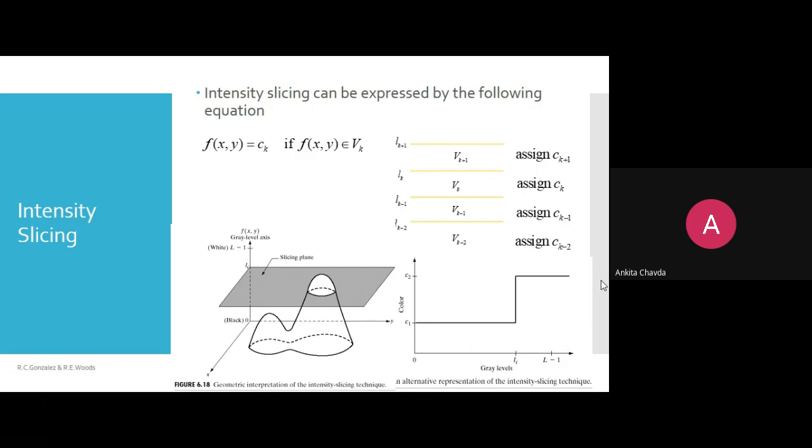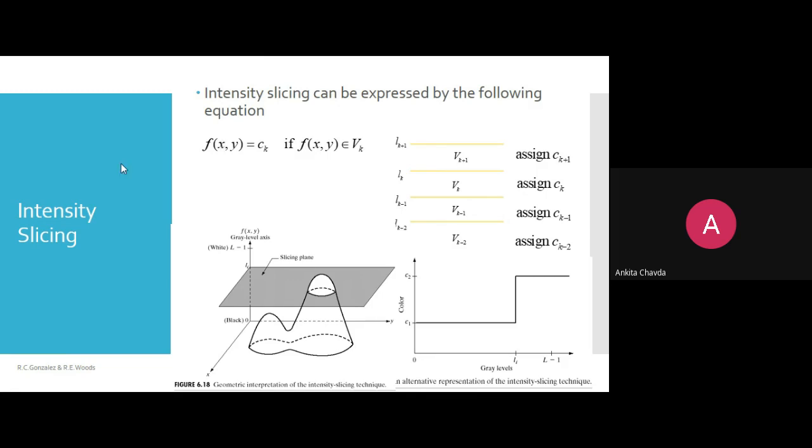This is very similar to thresholding. But over there you have black and white. Here you can have any color, from RGB or whatever color you want. Simple. So how can it be represented? Your f of xy will give you intensity, right? f of xy equals Ck, any of the colors C1, C2, C3, C4,